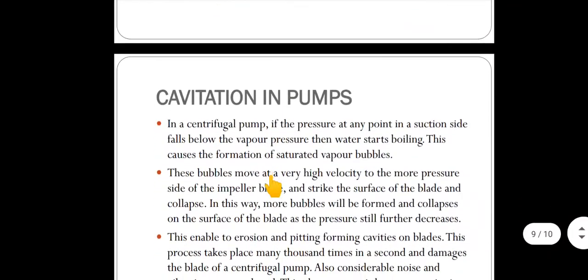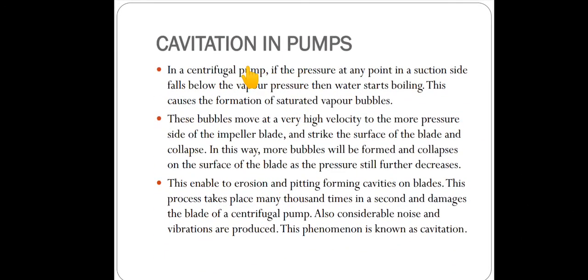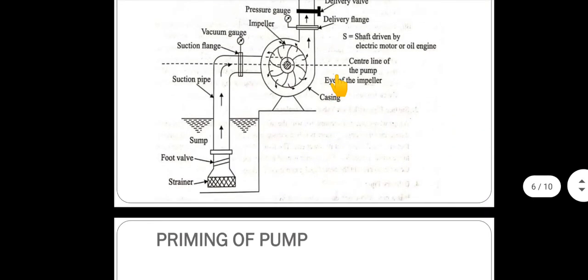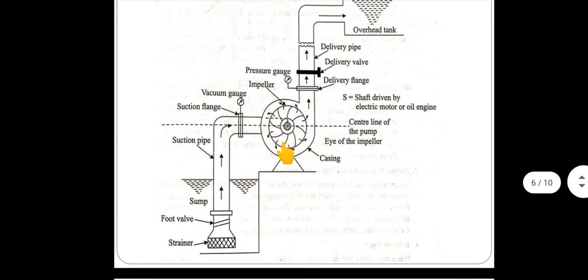Next, coming to one more thing, that is cavitation in a pump. Cavitation is nothing but, we have seen the impeller design. So what happens here? Initially there is atmospheric pressure. When we switch on this motor, the impeller starts to rotate. That creates a vacuum, in the sense of negative pressure. So pressure is less. As we know, if pressure is less,